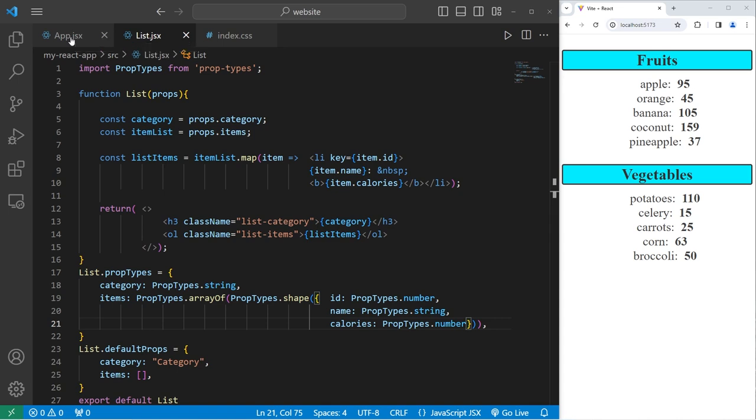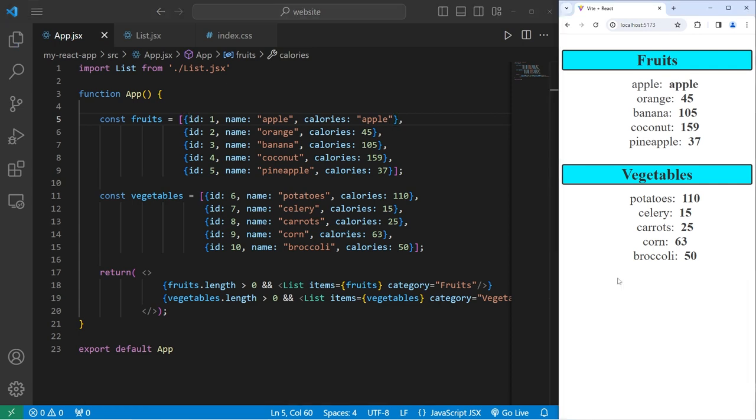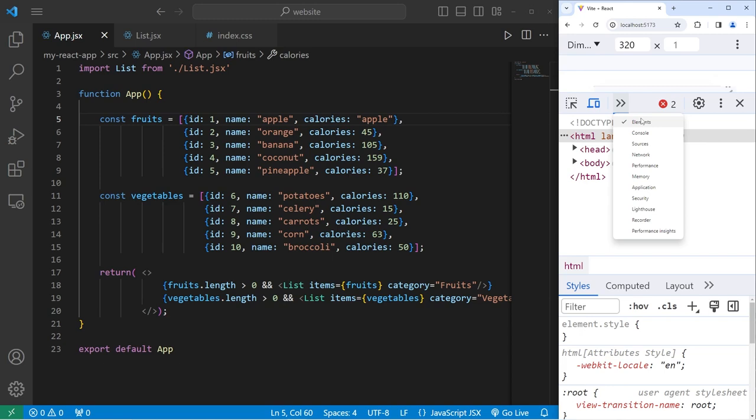Let's head back to our app component. Our prop types should raise a warning if some of our data is of the wrong data type. For example, let's say that calories is now the string "apple." Maybe somebody mistyped it twice. You can see that right here, it changed. Let's go to inspect, console,